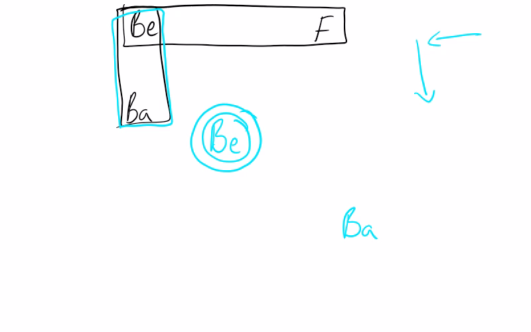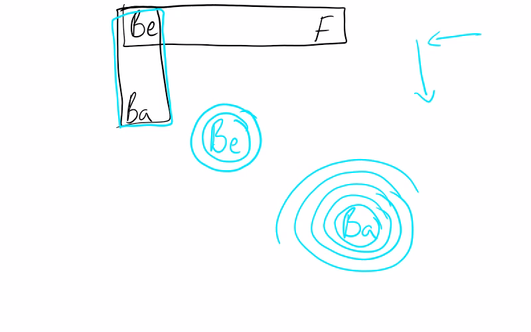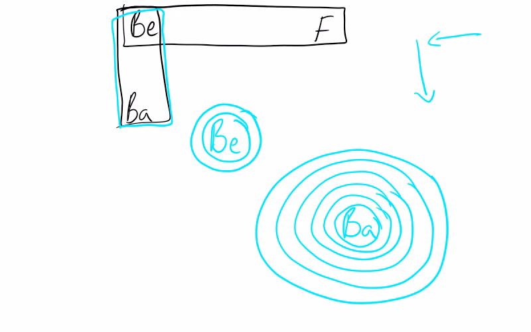It is in energy level 6. We know that because it is in period 6. So it is going to have 6 energy levels. Yes, I'm sorry, 6 energy levels. 4, 5, 6. So just by drawing this simple representation, you can see that barium is much larger due to